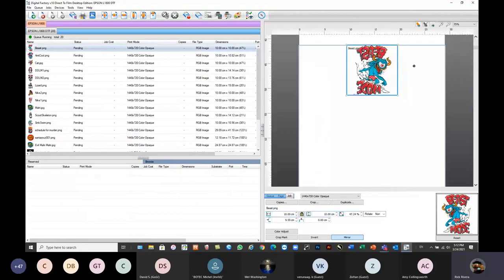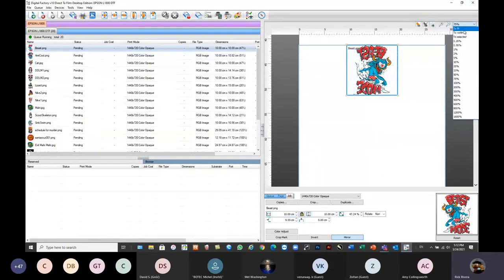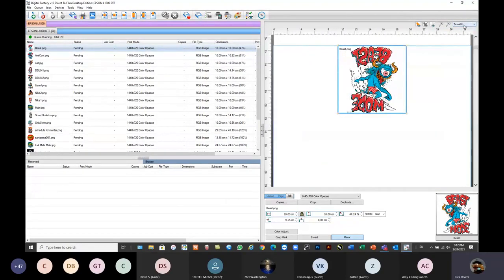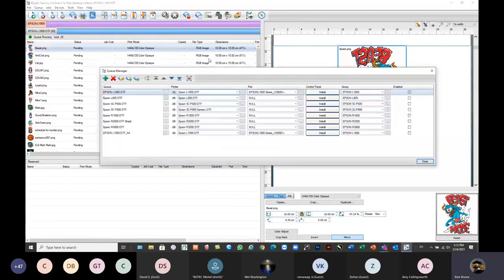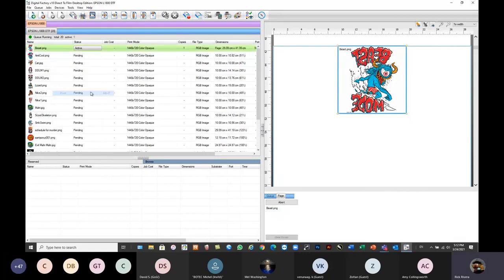All right. Now in the preview, you can also set grid view. You've got your zoom tools. You can zoom to fit, to the width, or to selected area. The bottom left corner here is your reserved area. Okay, the reserved area is for your jobs that have already been printed. So if I go ahead and set my port to null. Okay, so in here, if I go in and print this file, for instance,